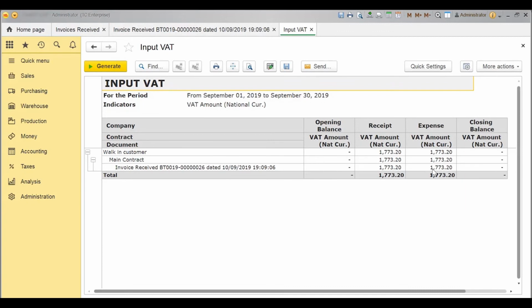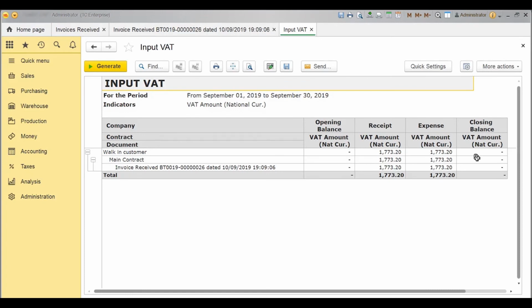This report is very useful to identify the document and the supplier for whom you need to request the tax invoice received document. If there are balance figures, it means tax invoice is yet to be received. You may receive a summary tax invoice received document from your suppliers when you have purchased more than once and various invoice received documents are created during a day or week.